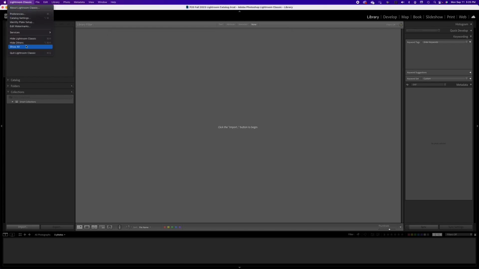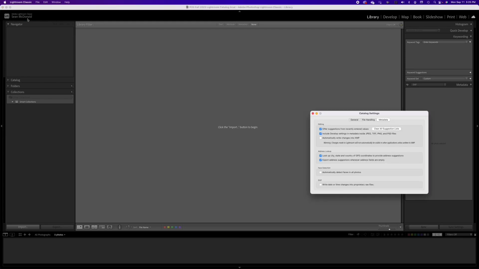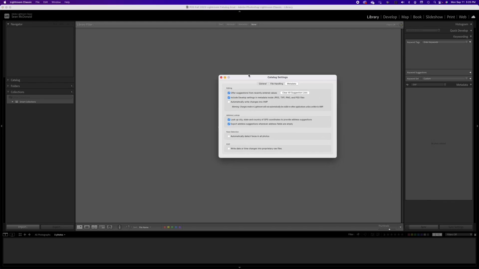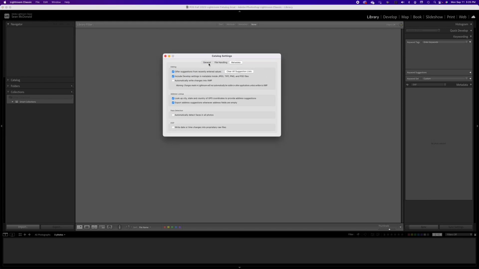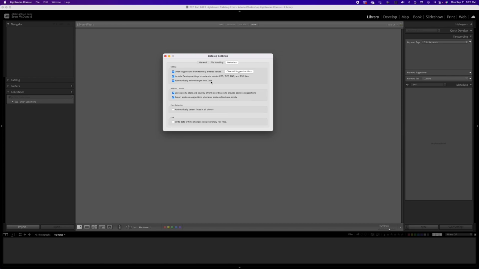The other one that's very important to set up is catalog settings. And in catalog settings, basically what you want to do is open this up and choose the option to automatically write changes into XMP, because if you don't do this, your files will basically be